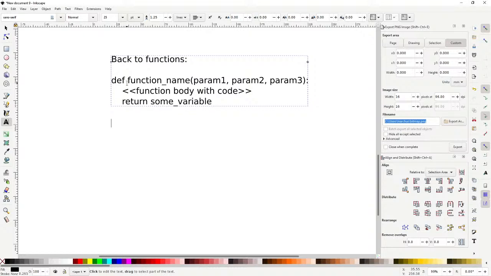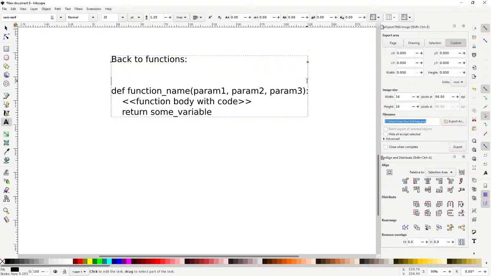The function name line, this whole line here, we sometimes call the signature of the function. You can also call it the declaration.